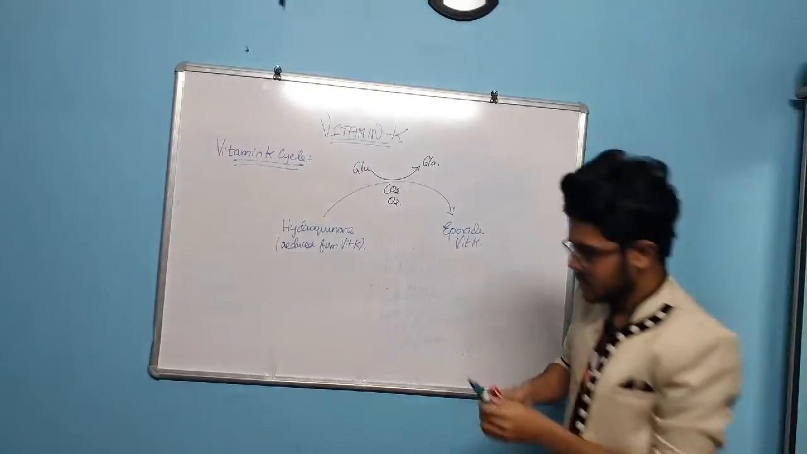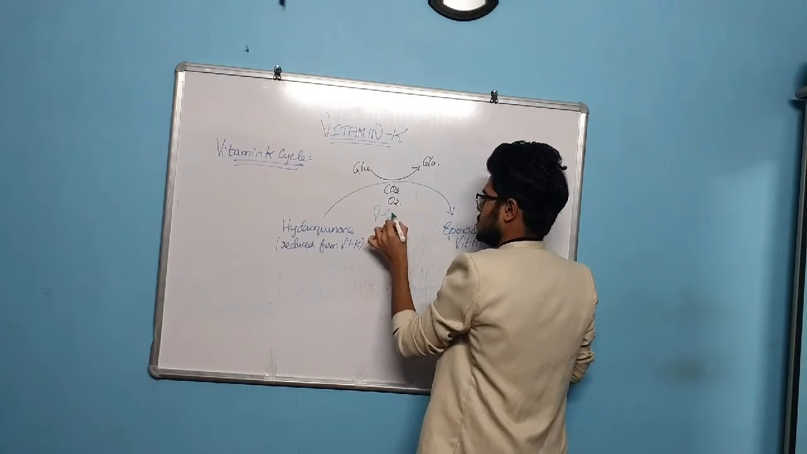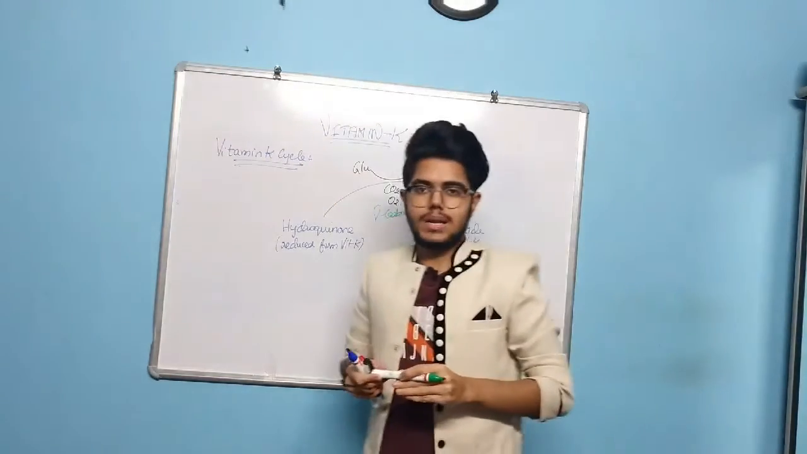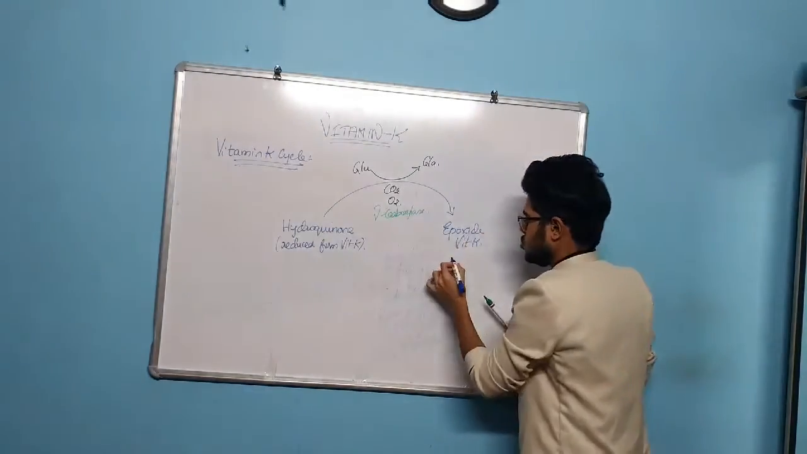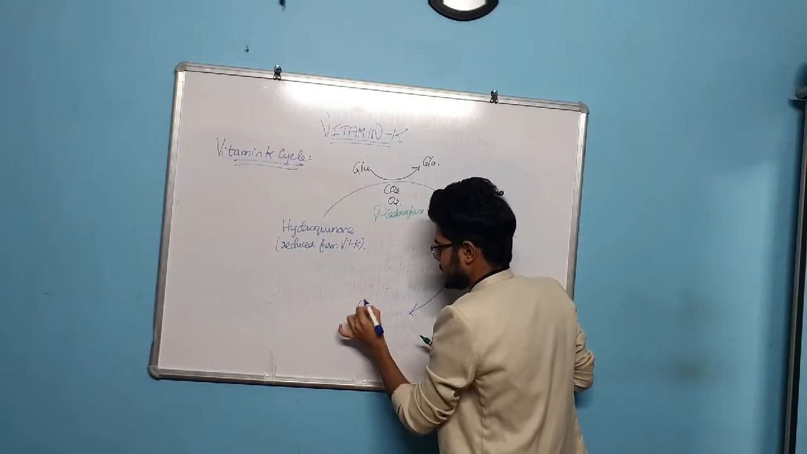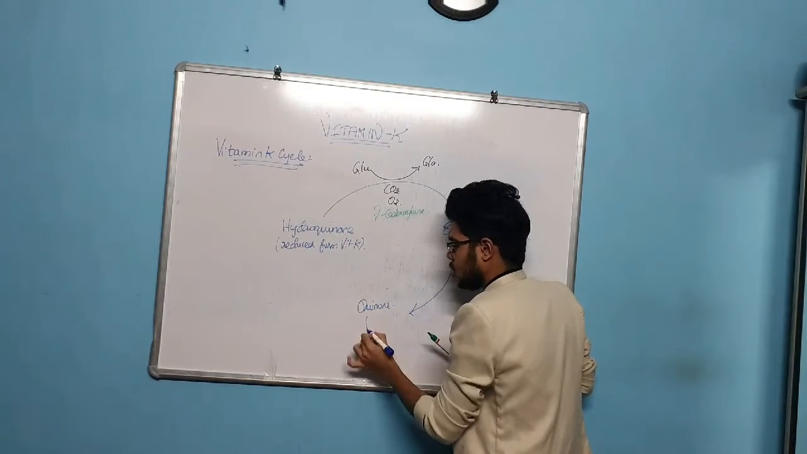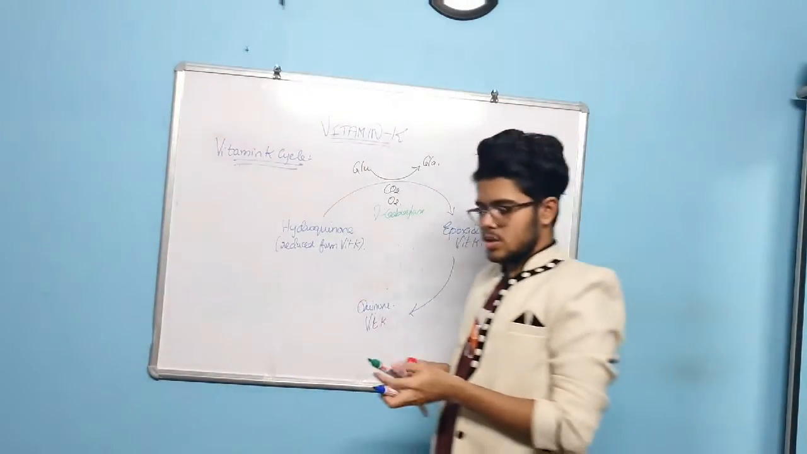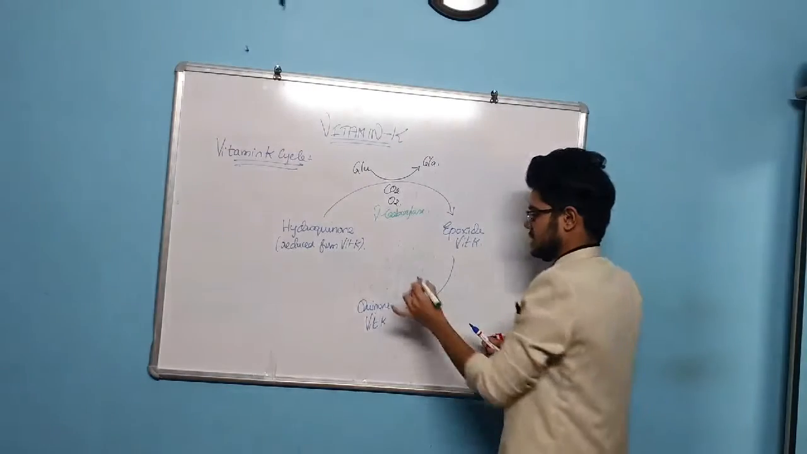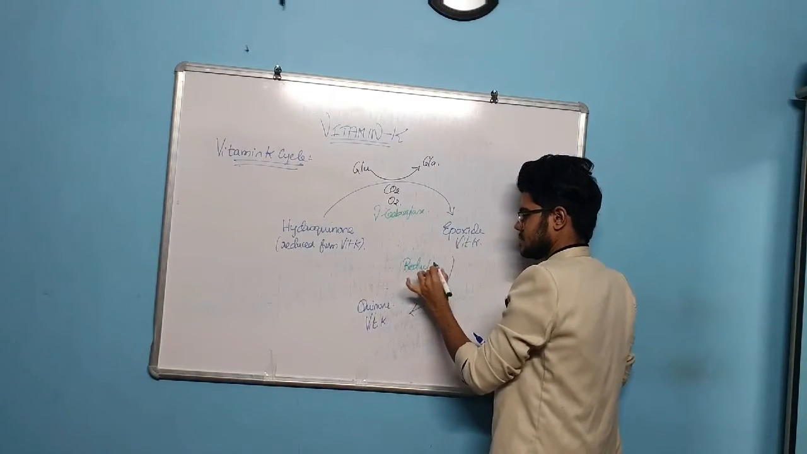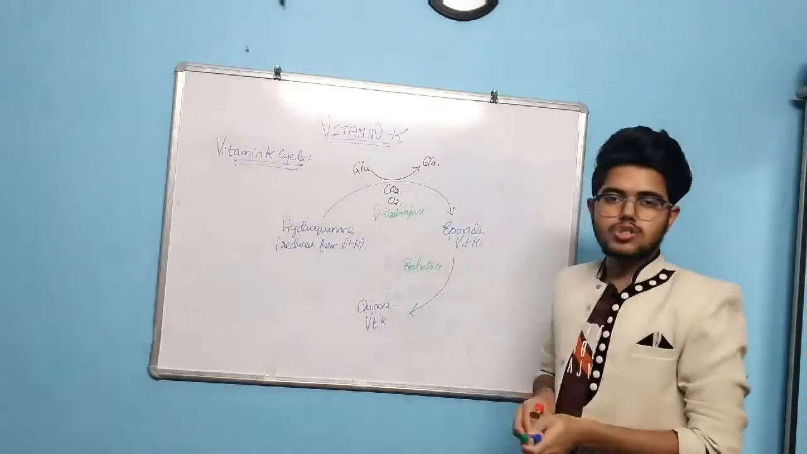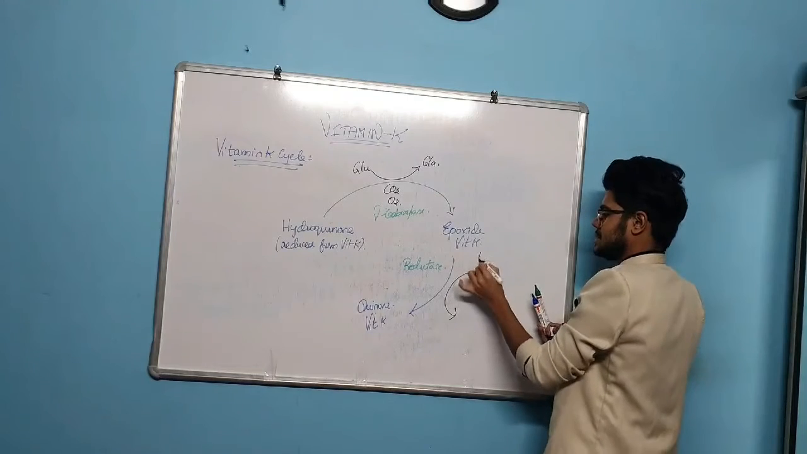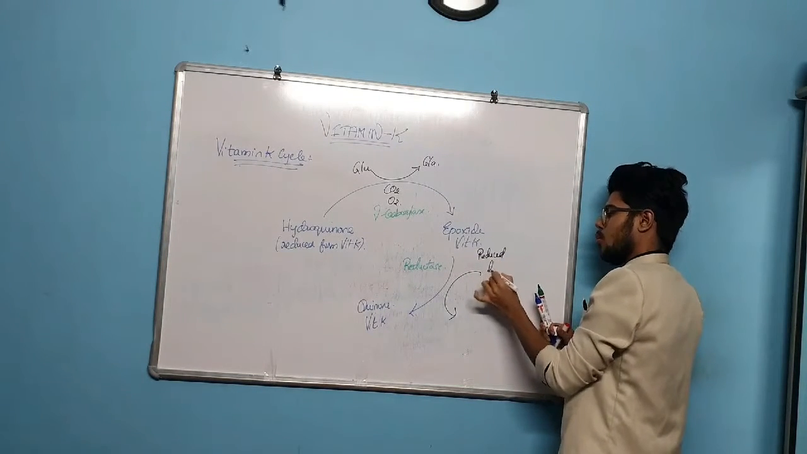So you need gamma carboxylase for this activity. Now this epoxide vitamin K is converted into quinone vitamin K. So what are the necessary things you need here? You need an enzyme called reductase, and also you need the reduced form of lipoic acid